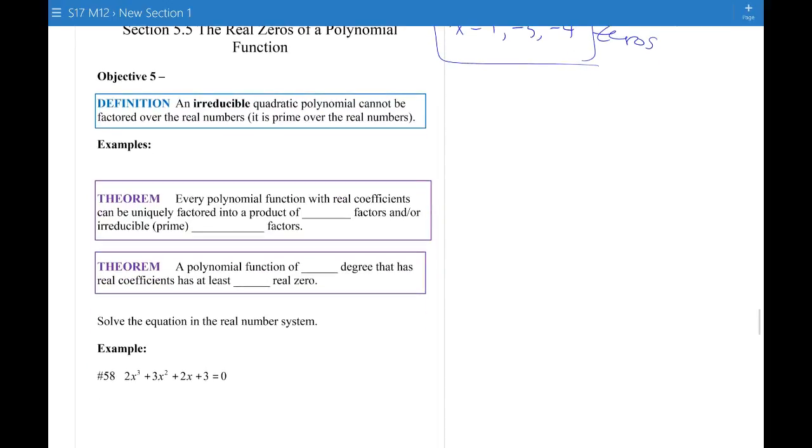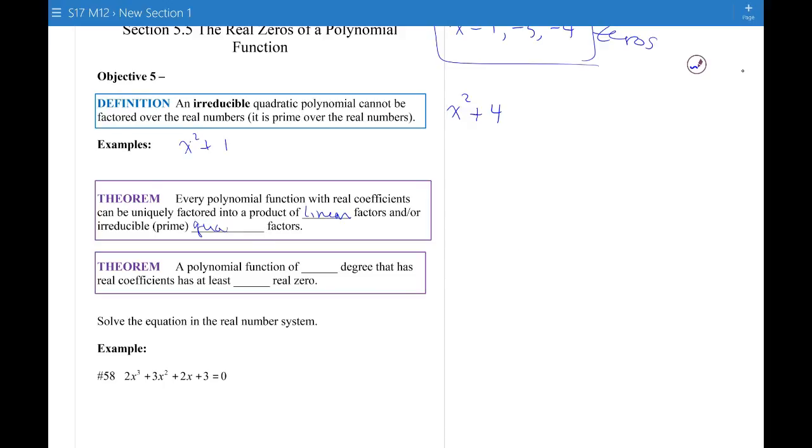So the last objective, we're going to talk a little bit about irreducible quadratics. So an irreducible quadratic polynomial can't be factored over the real numbers. So these are things like x squared plus 4. It's prime if you ask to factor only over the real numbers. And anything like this, x squared plus 1, those aren't factorable over the real numbers. So every polynomial function with real coefficients can be uniquely factored into a product of linear factors and or irreducible